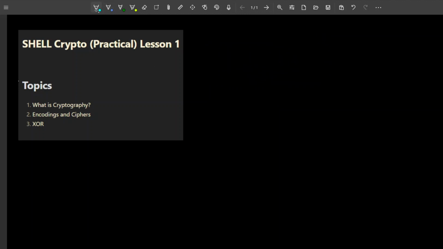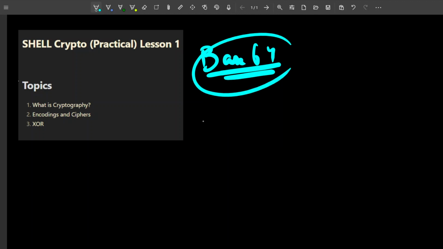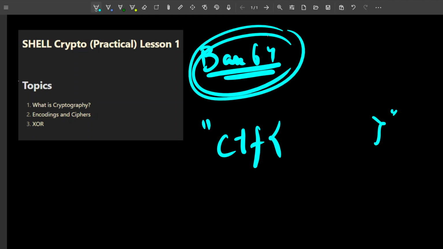Now, practically speaking, why learn about Base64 or any base encoding in general? You might get a challenge in the CTF wherein the flag itself or something very important to the flag was encoded in this format. You might look at it and go, I think I've seen this string somewhere. One common thing about Base64 is that for every 3 characters from the ASCII table, or for every 3 byte characters, you might have 4